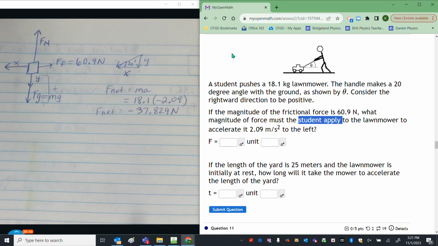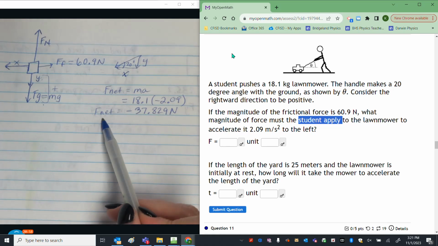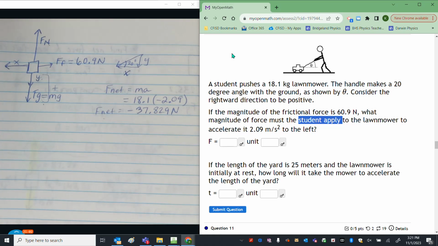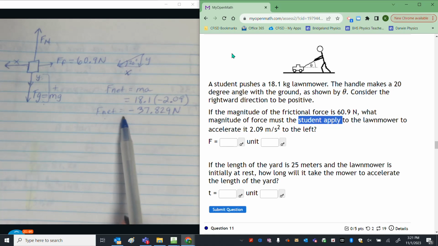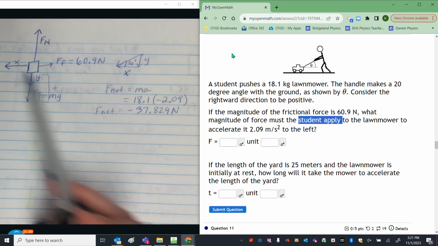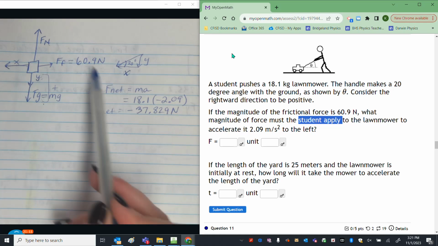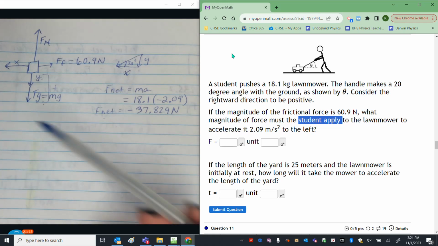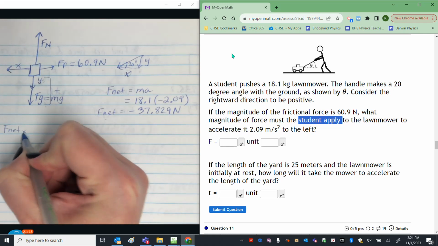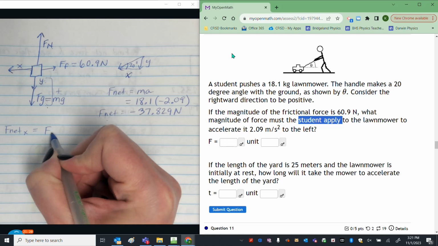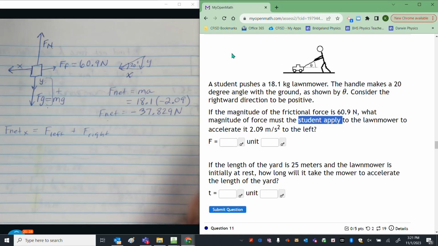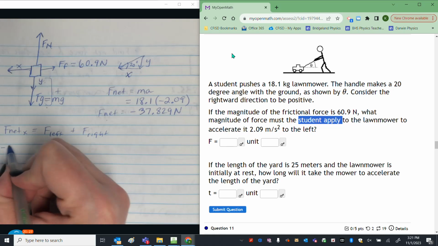Okay, and that net force is horizontal. Again, vertically, we already said these are going to need to be equal and opposite. This lawnmower is just moving across the ground. It's not moving vertically, much less accelerating. So this net force means that this x force here is 37.829 newtons larger than this, because my net force is in that direction. Again, we can also write a net force equation and say that the net force in the x direction equals the forces to the left plus the forces to the right, and we can solve for it this way. My net force is negative